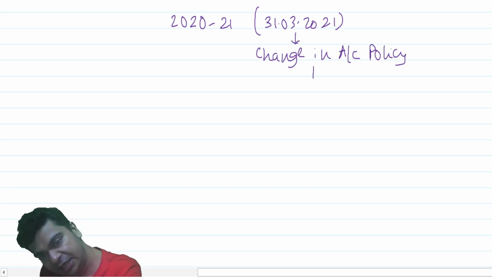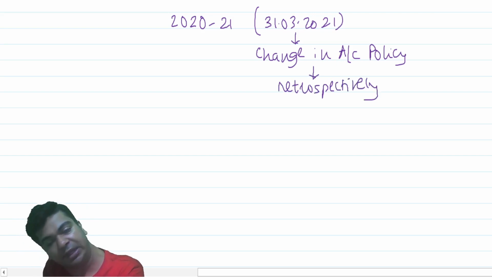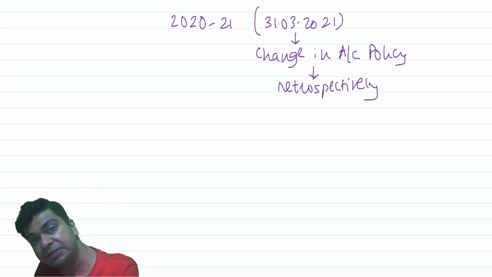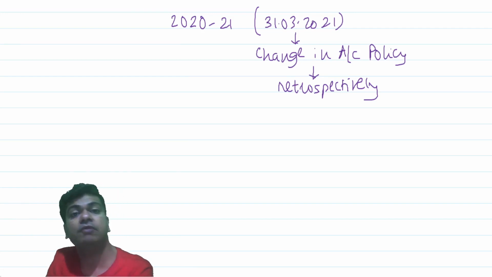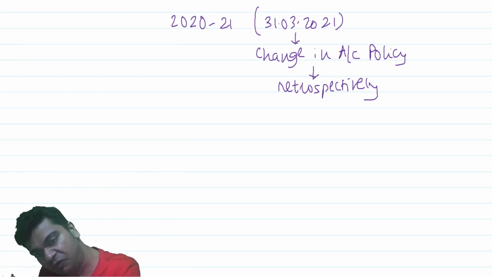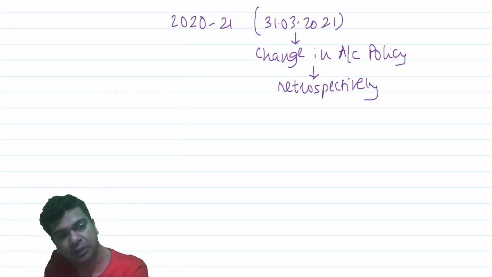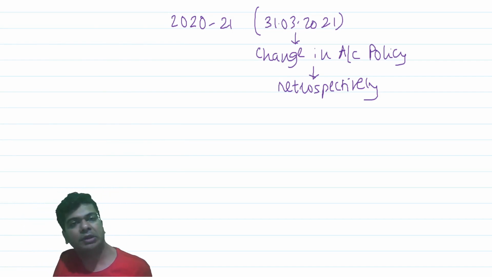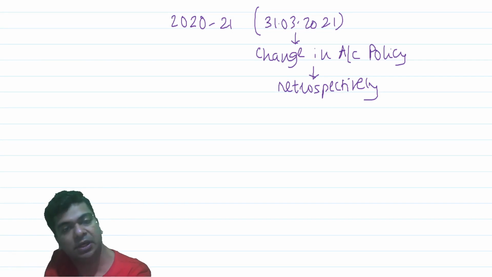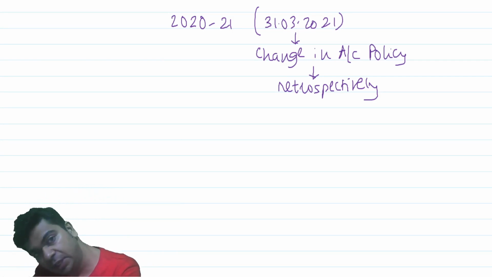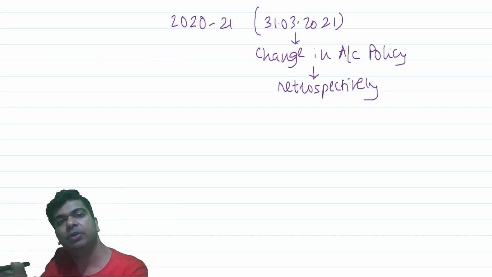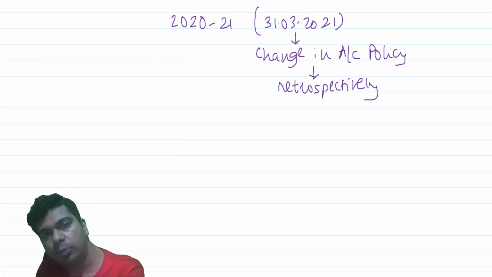We know that if you are changing the accounting policy, its effect should be given retrospectively. Hence, I'm giving its effect retrospectively, right? I will do the calculation for the change in the accounting policy as if the accounting policy was followed right from the very beginning. And I will work out what is the change in the accounting policy. Now, since you are doing retrospective calculations, certain change in accounting policy will be for the current year, certain change in the accounting policy will be for the previous year, and certain change in the accounting policy will be for a period before the previous year. I hope you are agreeing with me.